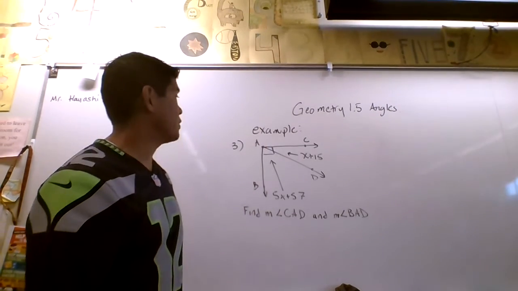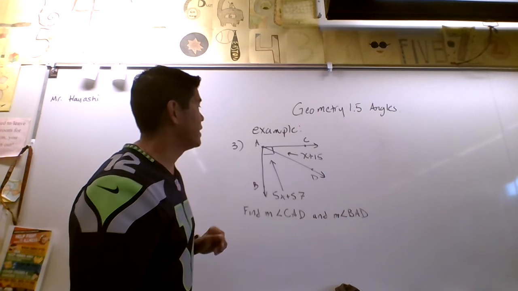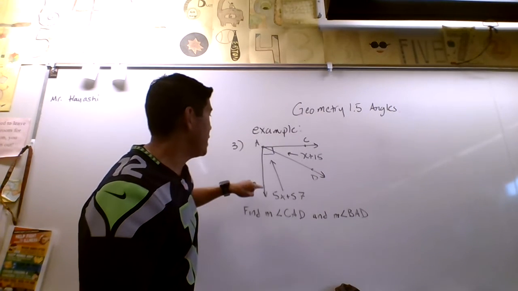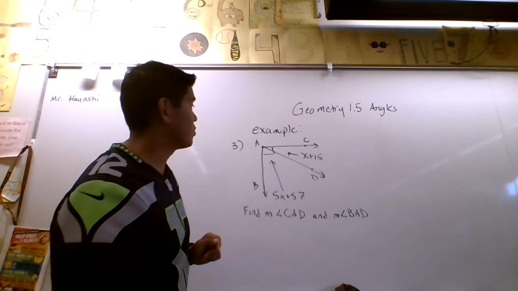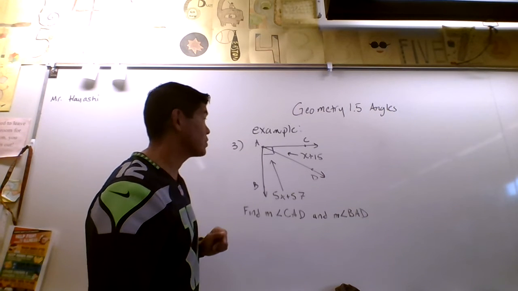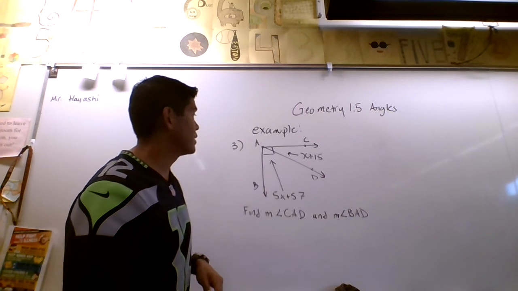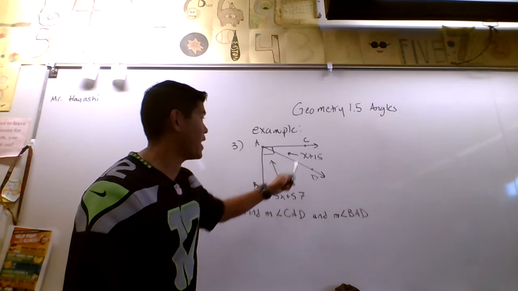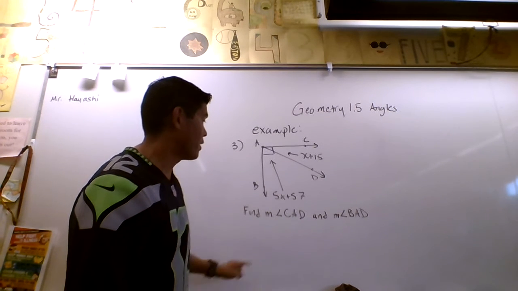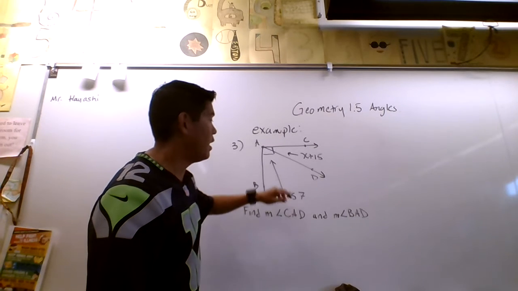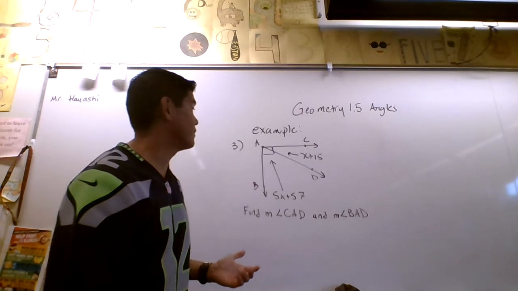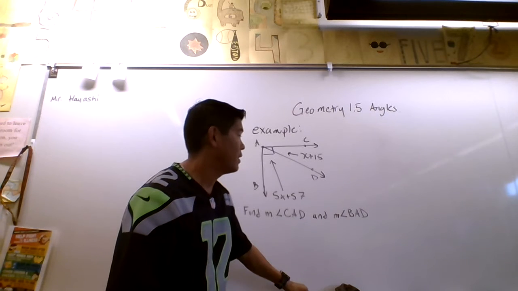Okay, for this third example, here's what we're given in the diagram. You have to pay close attention to detail. Angle CAB, remember this little square in the corner there means it's a right angle, so that's 90 degrees. We're given the measures of angle CAD and BAD in terms of algebraic expressions. And we want to find the measure of angle CAD, not just x plus 15. We have to find the exact measure in terms of degrees, and then the same with the measure of angle